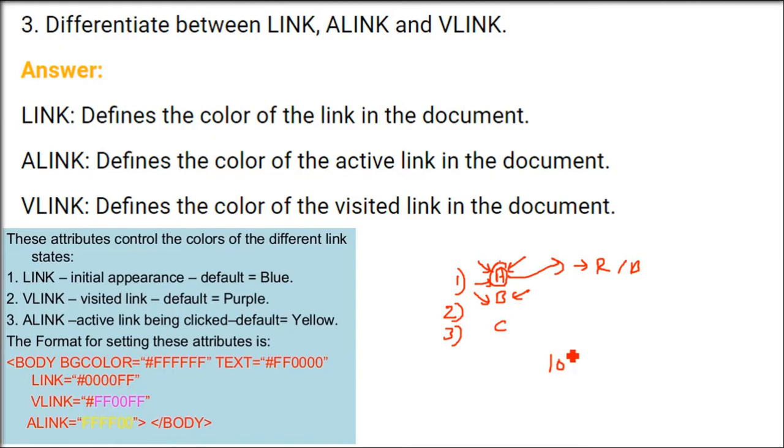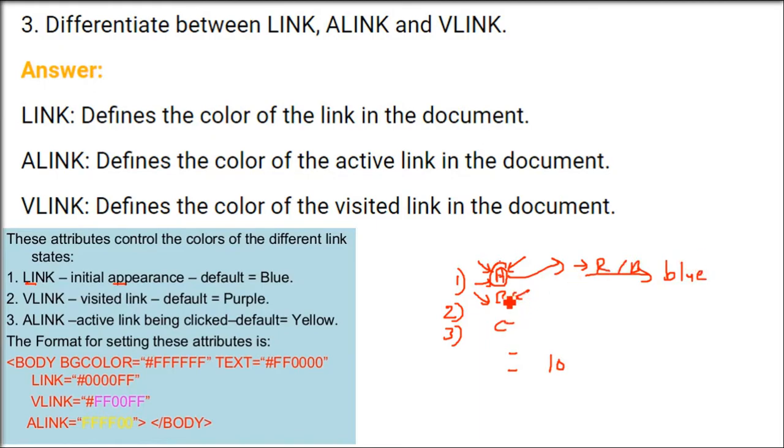So if you have 10 or 20 or 30 links, the better thing is to do this in a colored way. When we have visited, it should be in a different color. When we have not visited, it should be a different color. So link is the initial color, that is, it will be shown in blue.